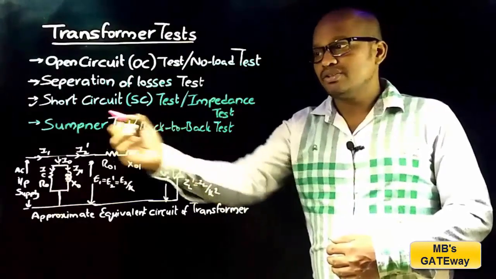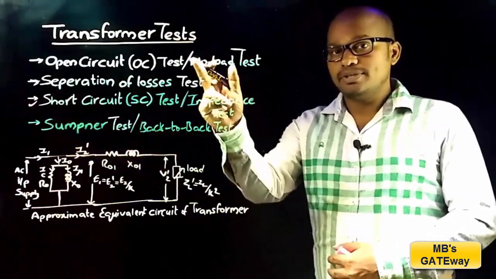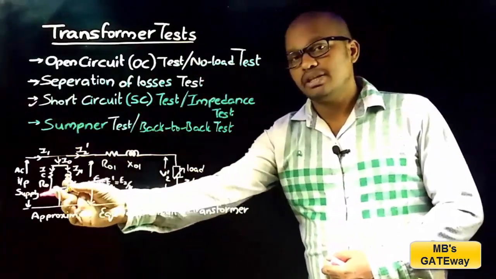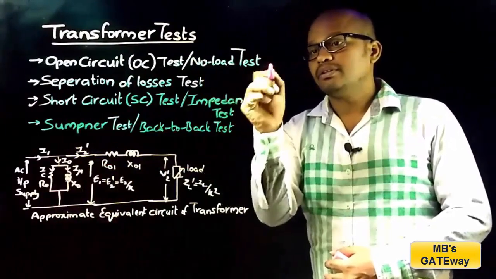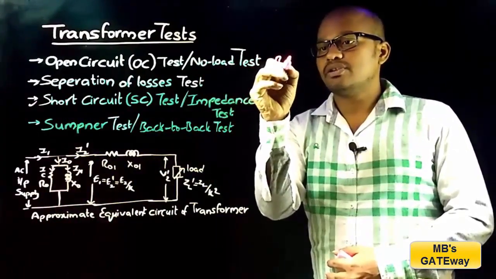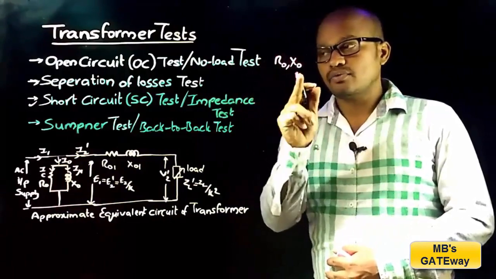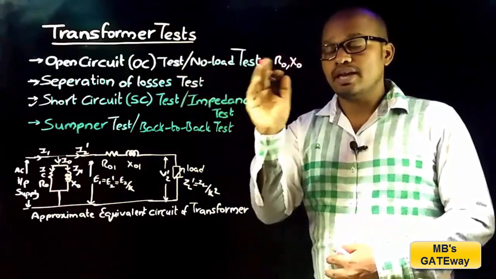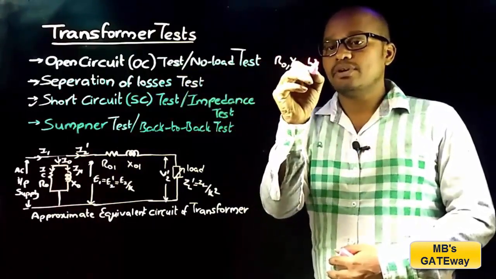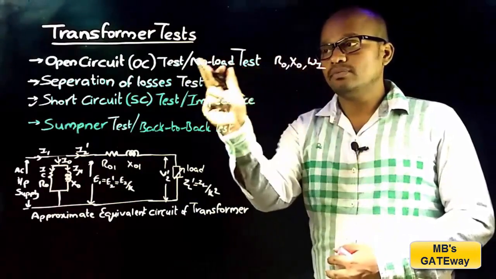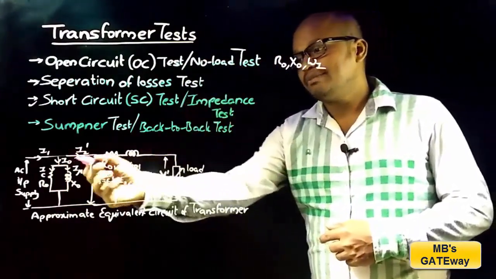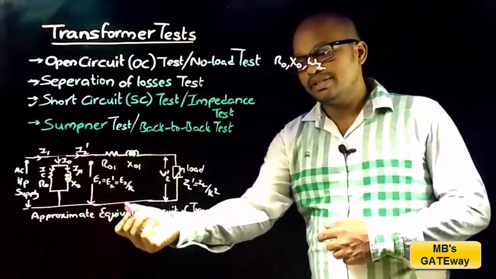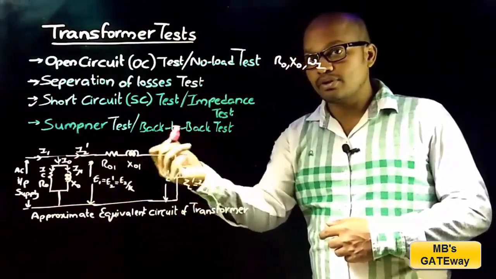Now let's discuss short circuit test. From open circuit test, the shunt branch elements of the approximate equivalent circuit of transformer are found, that is R0 and X0, as well as the transformer iron losses. And from the short circuit test, the series branch elements of the approximate electrical equivalent circuit of transformer are found,